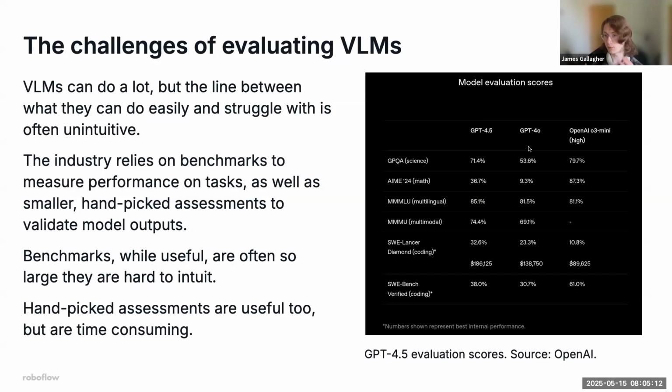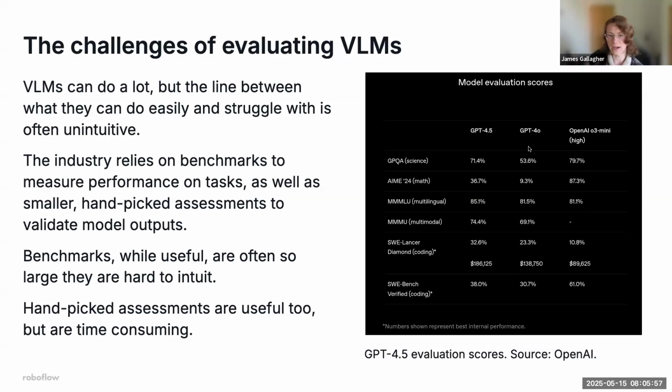One state-of-the-art means by which we evaluate the progress in these models is, as is the case in many other domains of computing, benchmarks. In the case of language models and computer vision, we have benchmarks that have a question, the ground truth answer, and then we compare the result from the model against that ground truth. Now, these benchmarks can be huge and can be focused on more abstract concepts. So on the right here, we see GPT 4.5 evaluation scores from OpenAI's model release blog post. And in it, we can see there's a benchmark for science, for math, for coding, one for multimodal reasoning and question answering, MMMU, one for multilingual, and